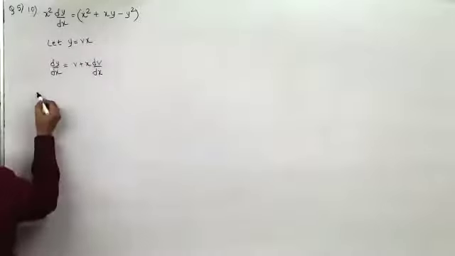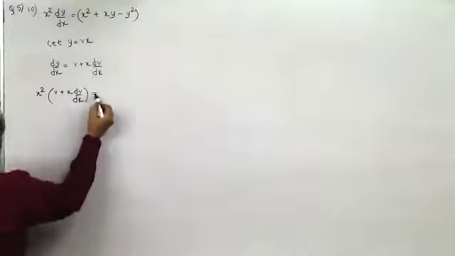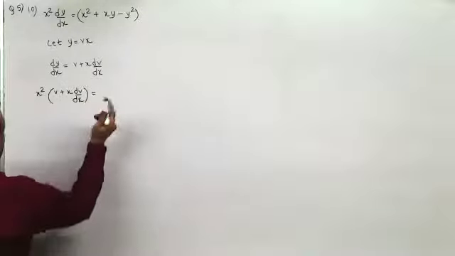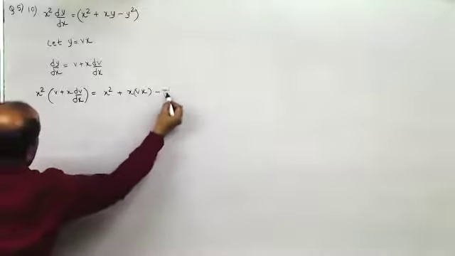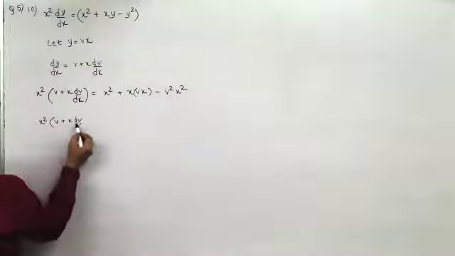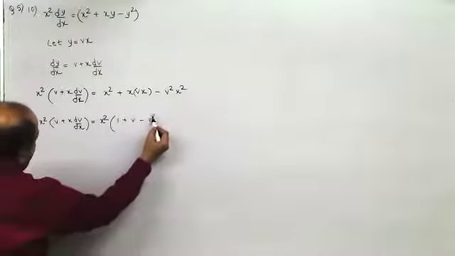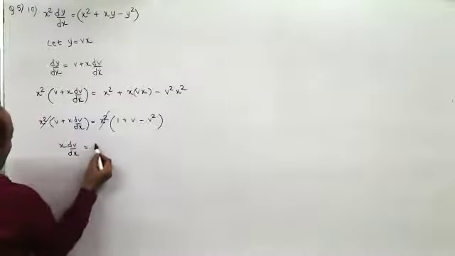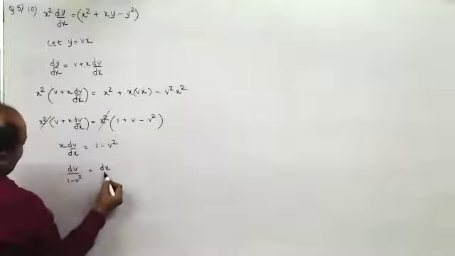So here x square into dy by dx is v plus x dv by dx, and in case you're using homogeneous equation expression, x square would get cancelled in the first two steps itself. This is x square plus y, this would become x vx, and now minus v square x square. I take x square common, I'll get 1 plus v minus v square. X square and x square get cancelled. When I take v to the other side, I get x dv by dx equal to 1 minus v square. I bring this over here, I'll get dv upon 1 minus v square equal to dx by x.